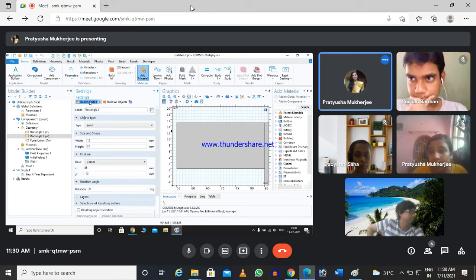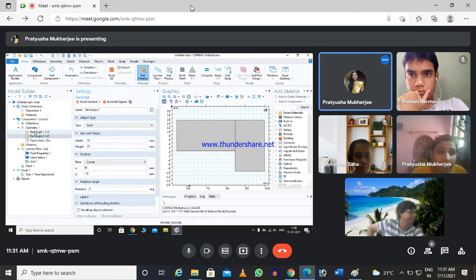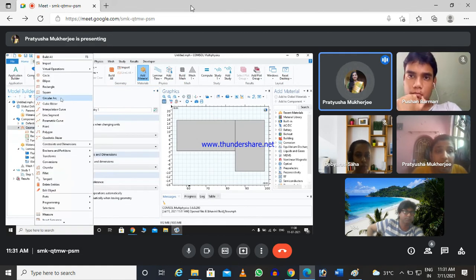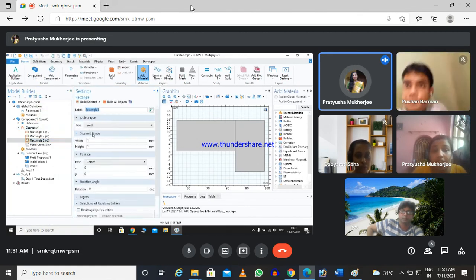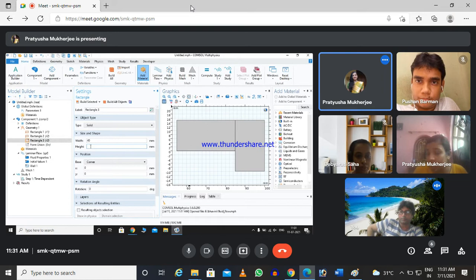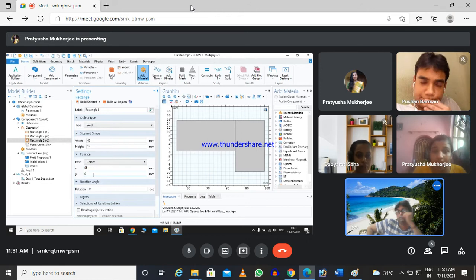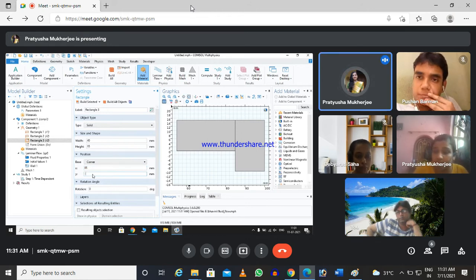Build selected. Then again right click on geometry and build another rectangle: width 40, height 15, x is 85 and y is minus 25. Build selected.